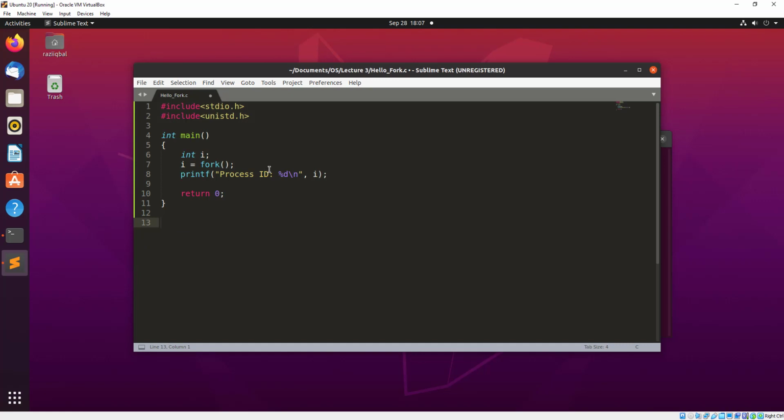So for example, from here, if I want to see what is the ID of a child and what is the ID of the parent, what I'm going to do is use an if statement. If i is equal to 0, since I said that if fork is returning 0, then it's a child, then it's very simple. Let me use this print statement over here, and I will say that I am a child and my process ID is